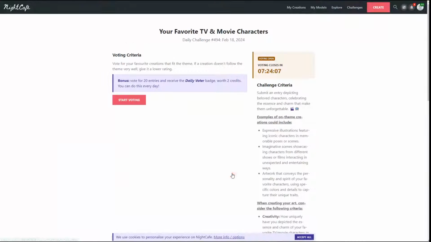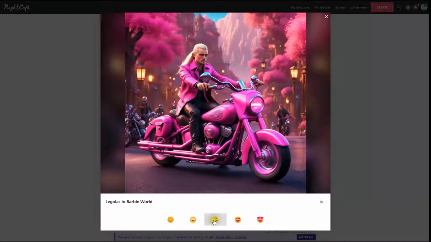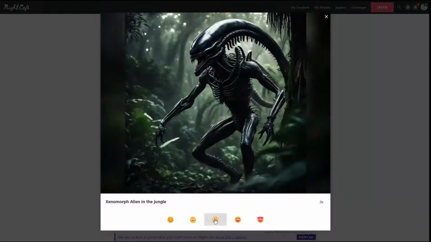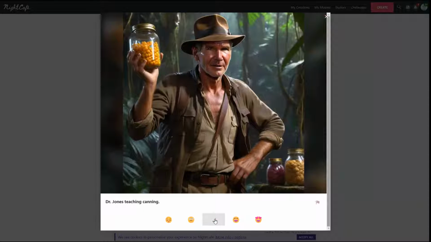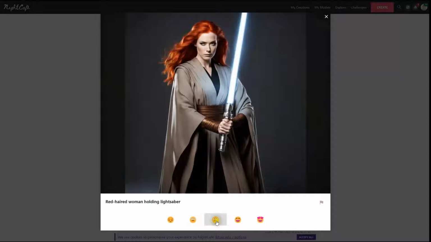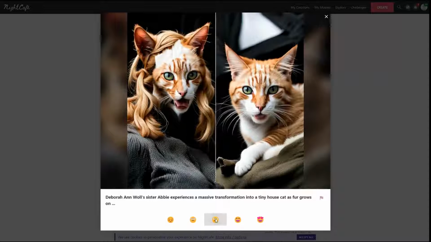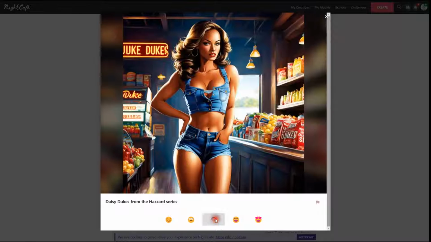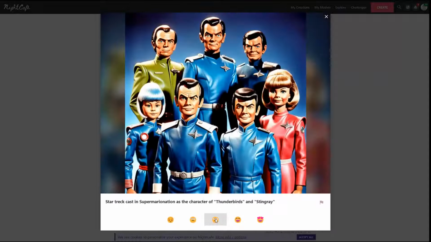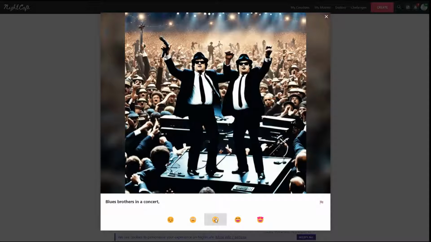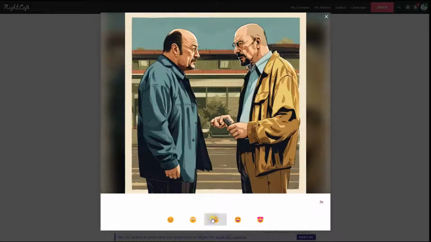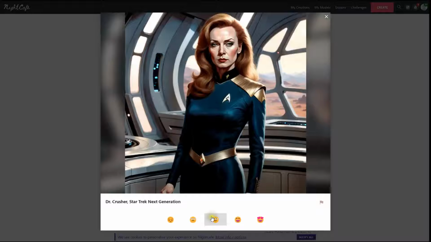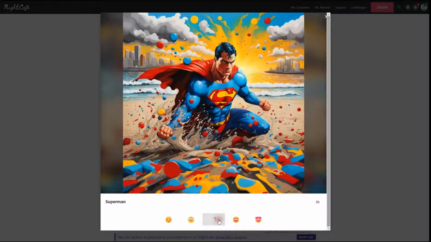So I'm going to vote in a challenge, and right here it says start voting, and you simply click on what you like there. For this challenge, we are looking at famous actors and who you like there. Some people like cats and stuff like that, so I'm giving everything there likes. And if you like something a little bit more, then you can give it a higher rating or something like that.